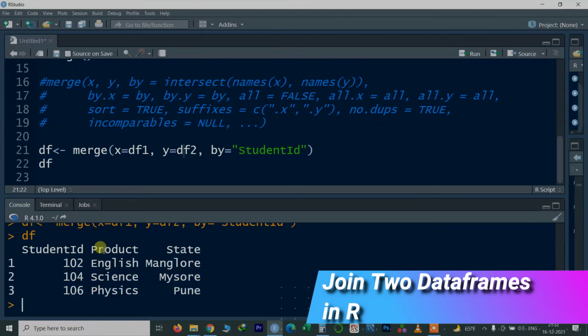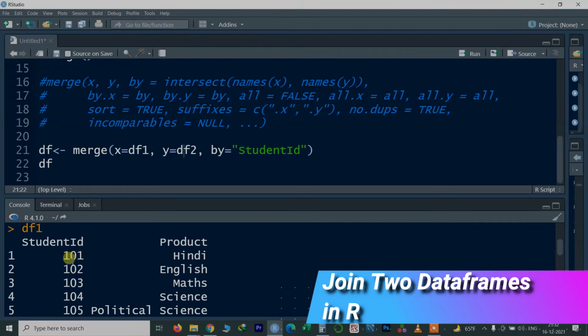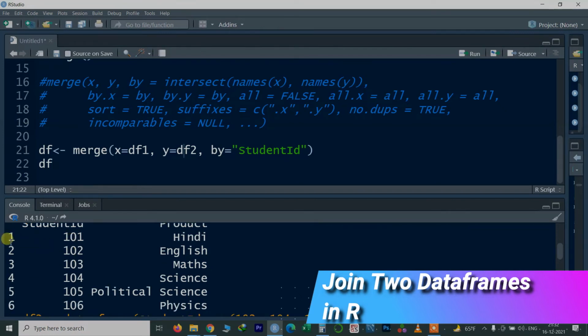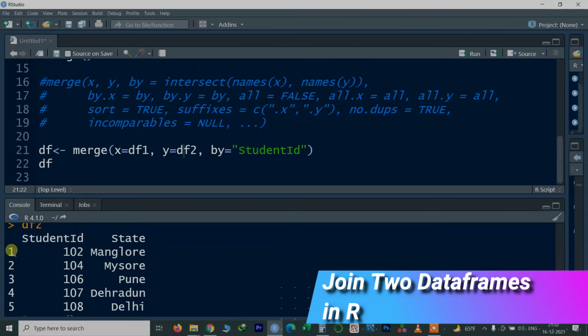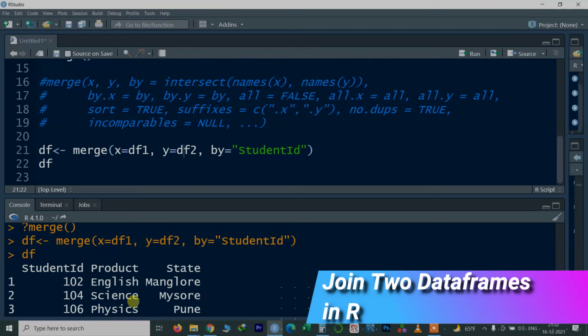In the first data frame there are six rows and two columns, and in the second data frame five rows and two columns. These are the common ones, so by student id it is joined and reflecting only three elements.